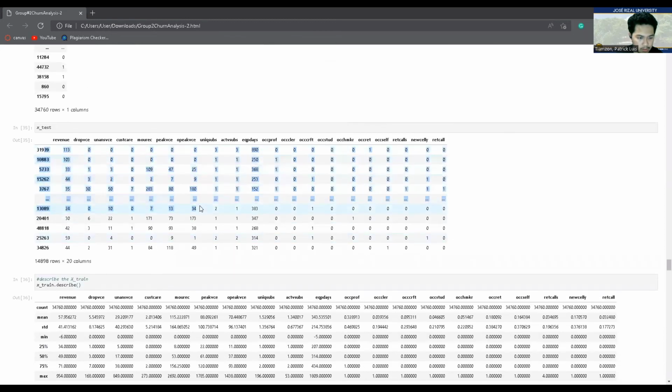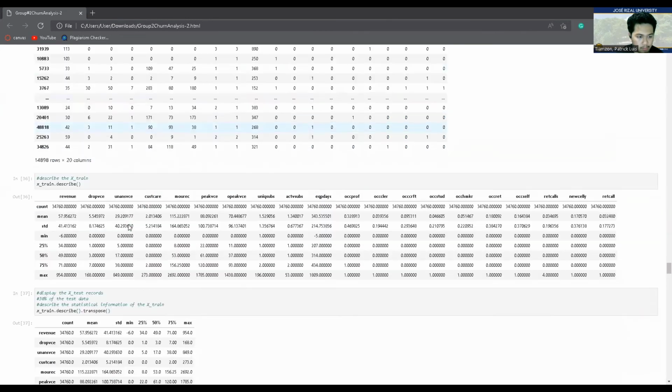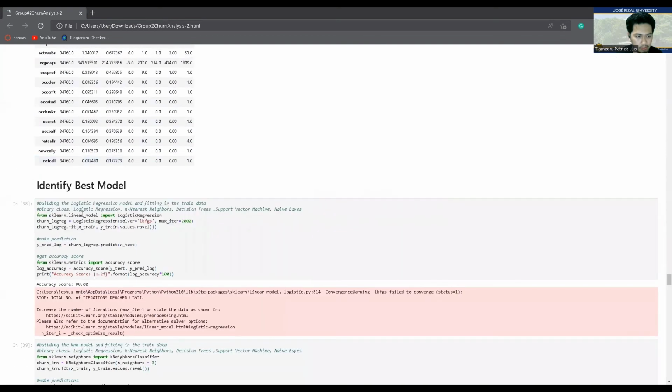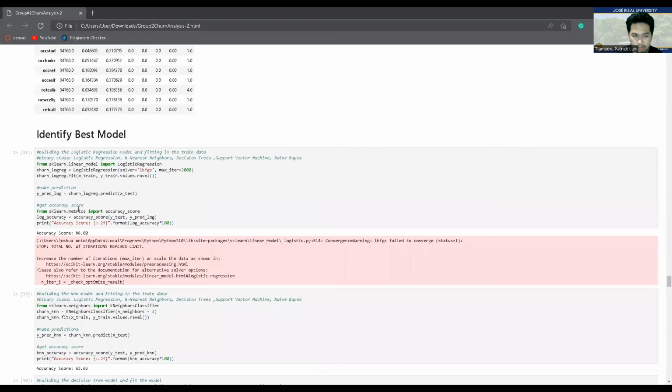Here is the X test. Then it shows the X test records 30%. It shows the train describe.